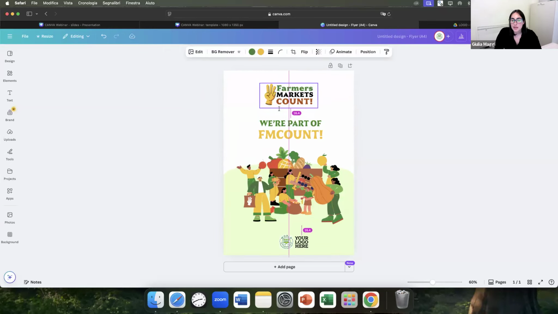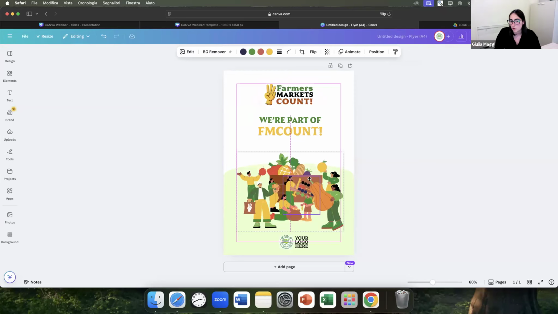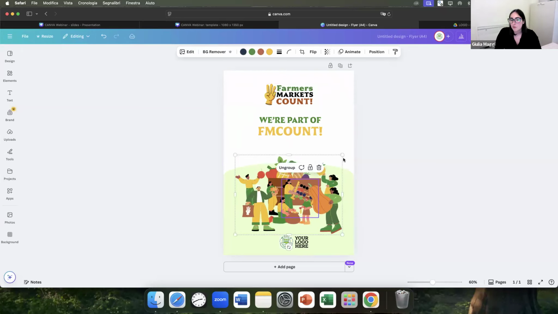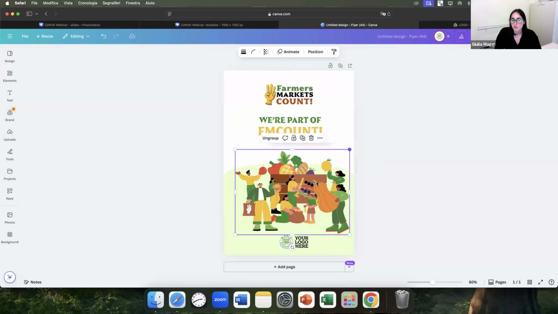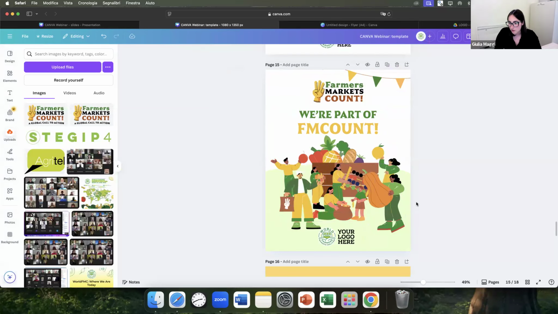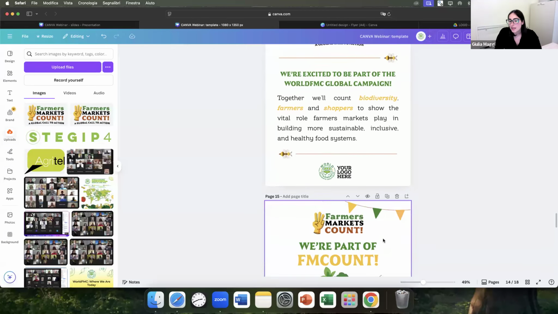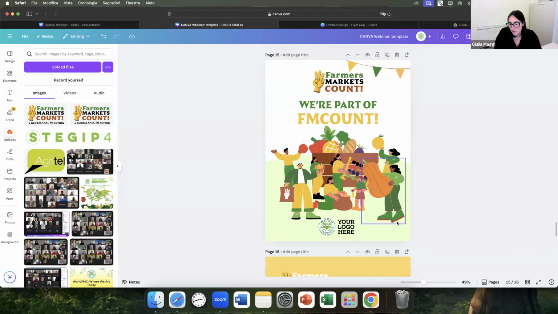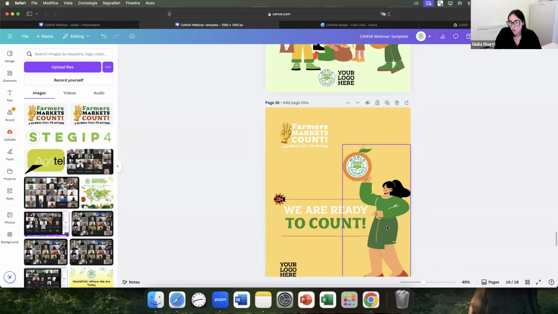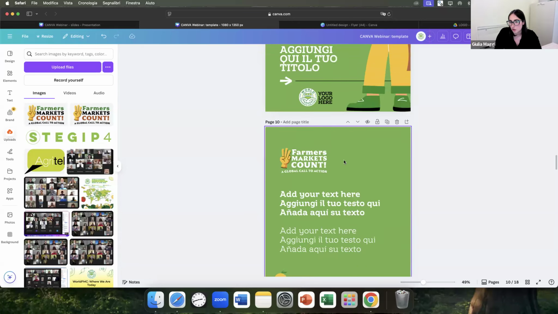So Canva is really helpful to create this kind of graphic, both online and offline. So if you want to print them out, if you want to create small cards, flyers with information, you can do that. And you have the first source here that we will give you, that you can decide to edit in this format, or if you want to create new formats, you can do that by copying and pasting the elements that we are giving you, or the template already made, or if you want to create them just with basic information,